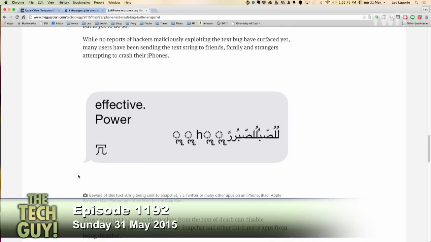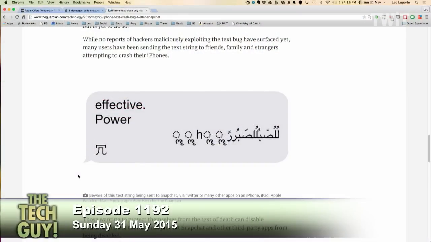The iPhone, like most modern devices, instead of using ASCII, you may be familiar with that idea of encoded text called ASCII. ASCII can only support 127 different characters. The world's languages need many, many more. So a few years ago, a specification called Unicode was created that uses more bits and can handle all the characters of all the alphabets in the world, plus quite a few extra. It's not something that would be easy for you to type in. You could, but what most people do is just copy and paste it. If they paste these weird-looking characters and send it to you, it will crash your iPhone.